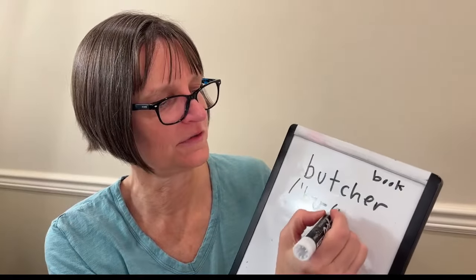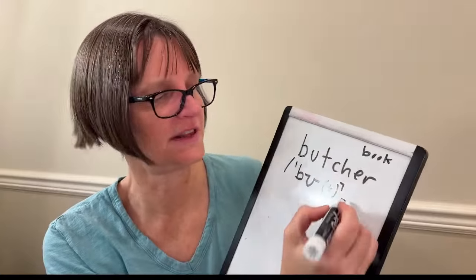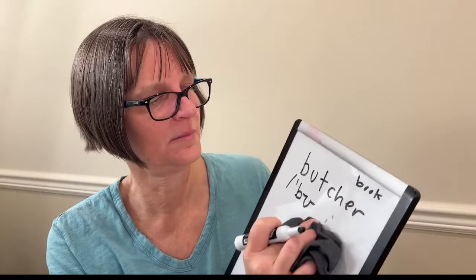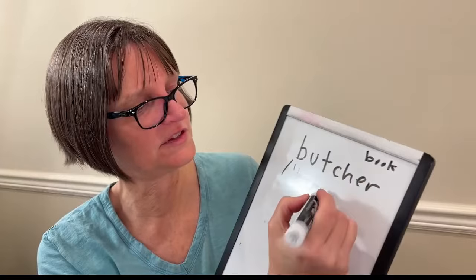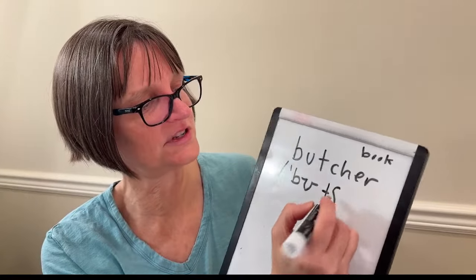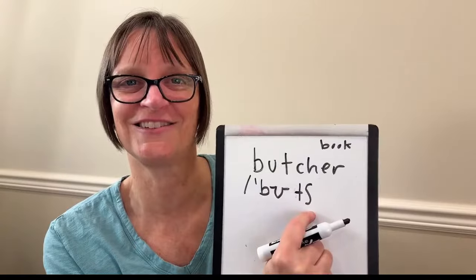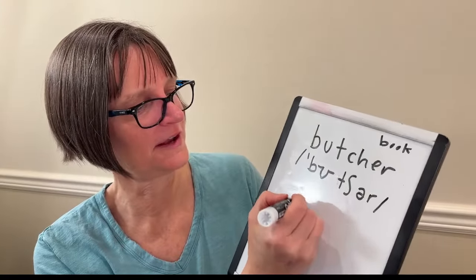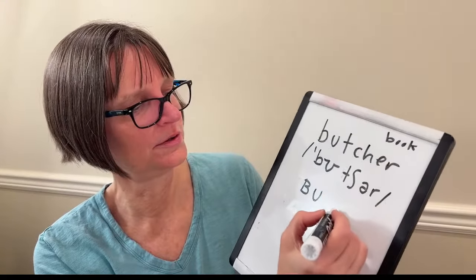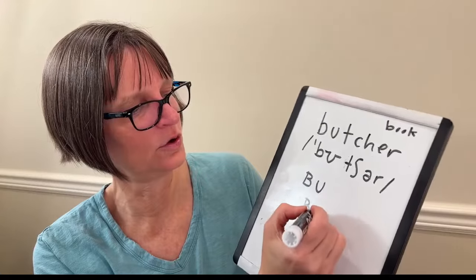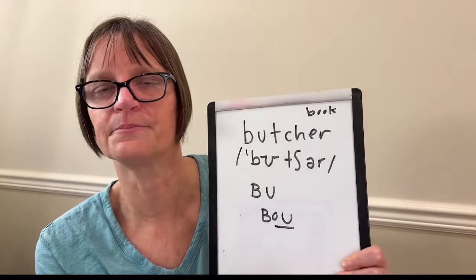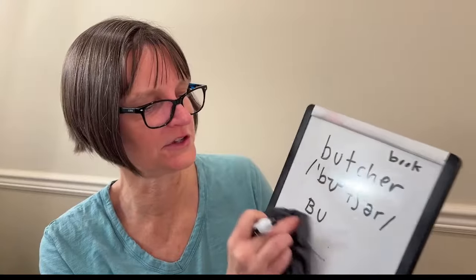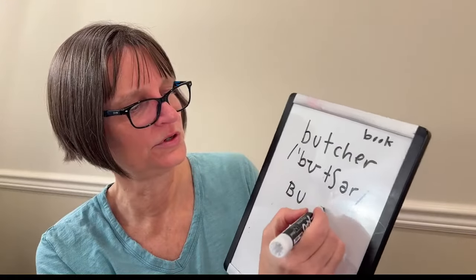You might sort of think of it as a stopped, unreleased T there, but because the T positioning is part of the CH sound, you're just going to see it as a ch sound in the IPA. And then we have an unstressed vowel sound. So I'd write that as b, or you could think of it like the vowel in should or could. That looks like "ba" though, like in bought. So I'll just use a U there. Butcher.